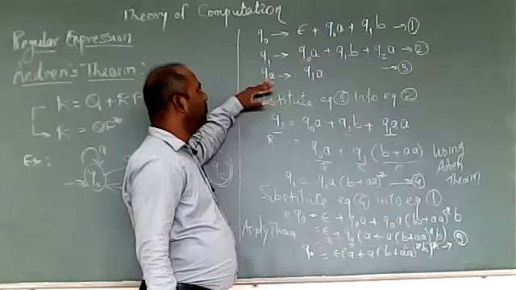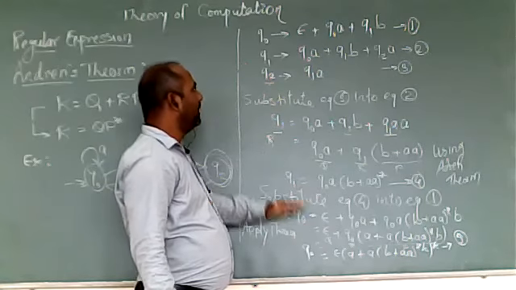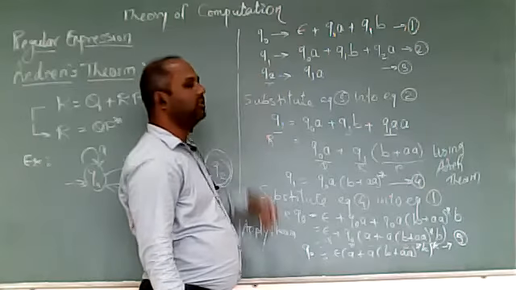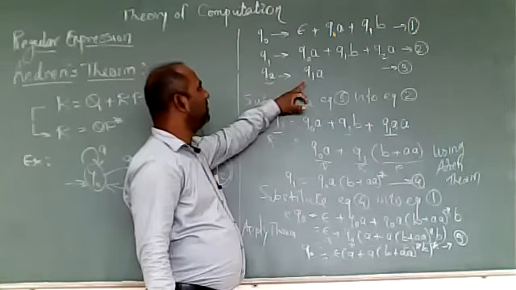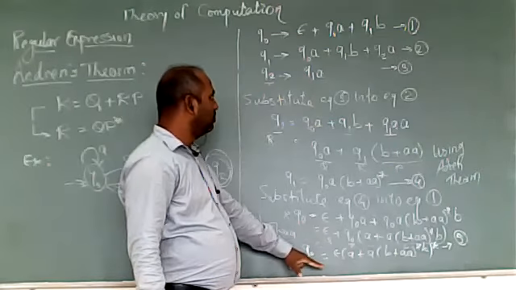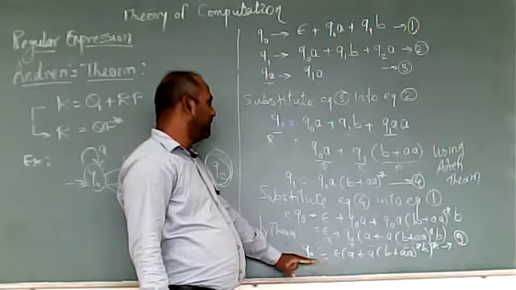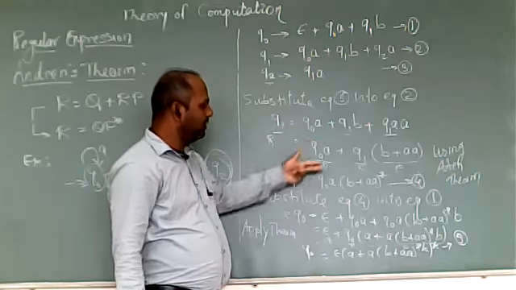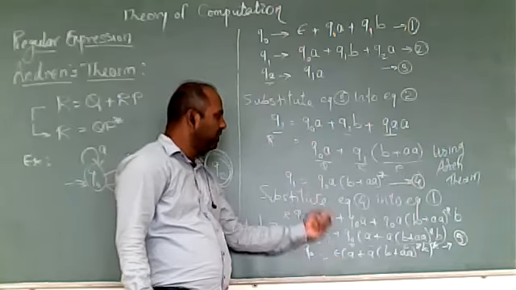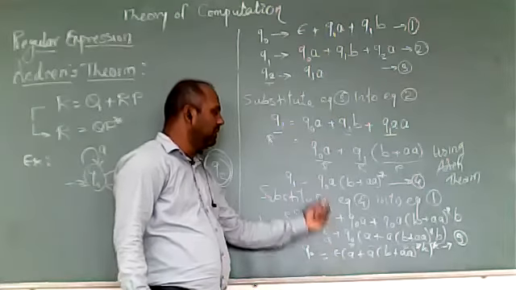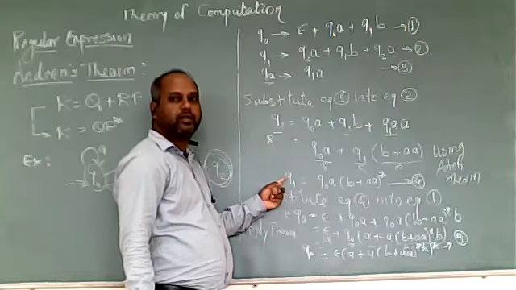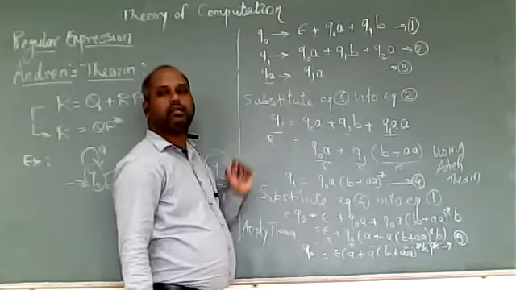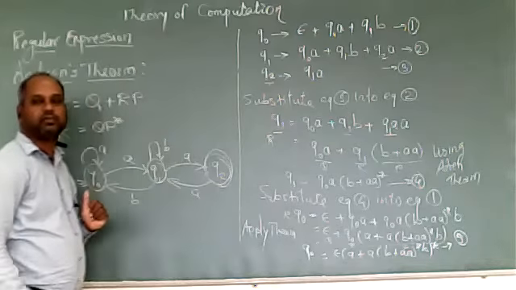Now to get Q2, we'll again replace this Q0 value into the equations and update Q2. Q2 needs the equation of Q1. So this Q0 will first be put into this, because Q1 equals Q0A. Replacing Q0 with this, we'll get Q1 as a proper regular expression. Then this Q1 will be put into Q2, so we'll ultimately get the required regular expression.